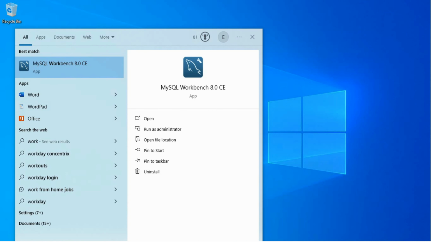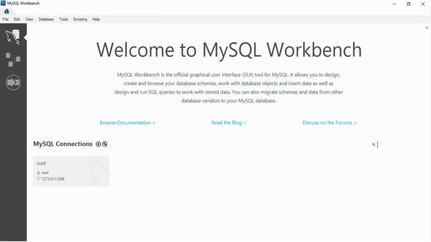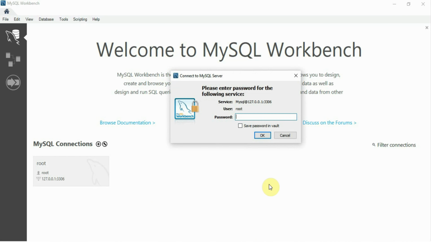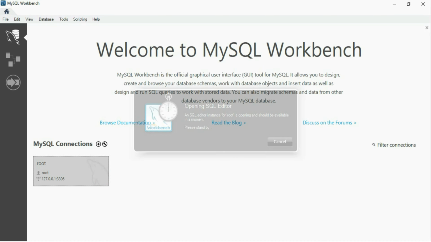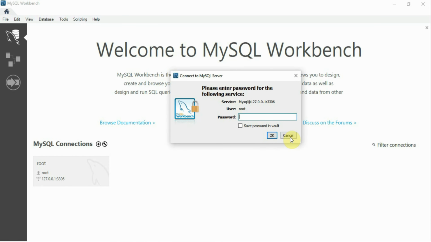The MySQL Workbench is a user-friendly graphical interface client tool with various features. You can log into the server by clicking a connection in My Connections. Here are data modeling and data migration tools, but we will check these later. Let's connect with the MySQL server. We can simply click on the saved connections to connect with the MySQL server.